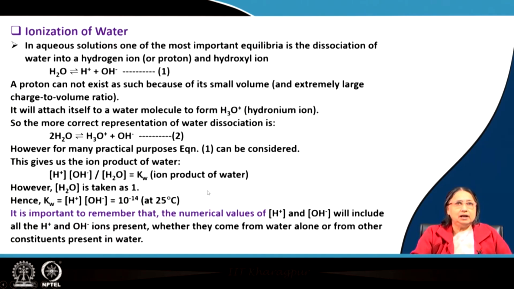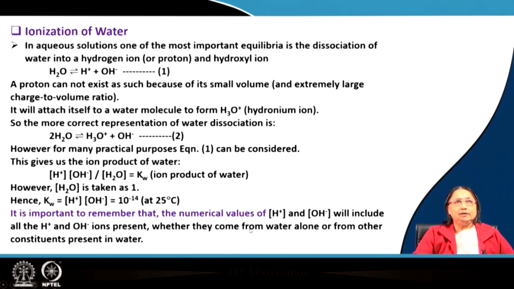It is nothing but the ion product of water, and the water concentration here, from the rules we know, is taken as 1. Now, the Kw value also, we know at 25 degrees, is a very low value, 10 to the minus 14. It is important to remember